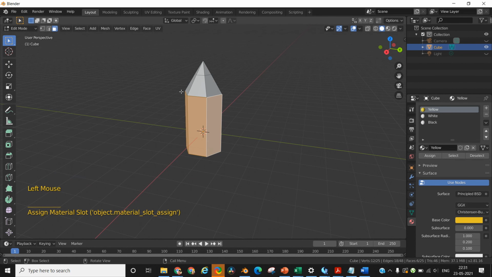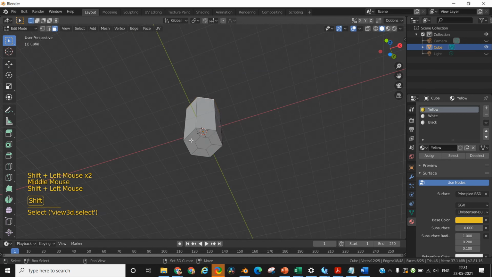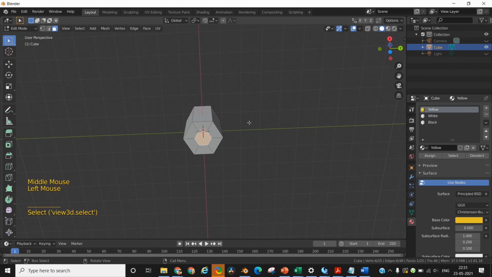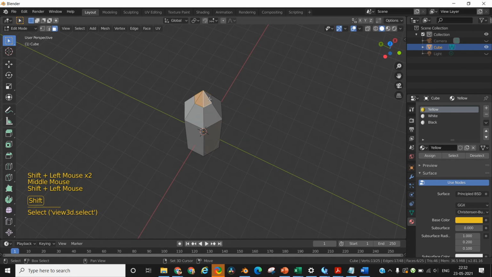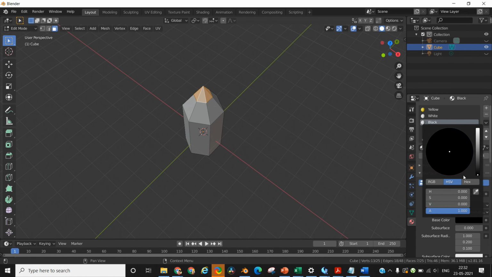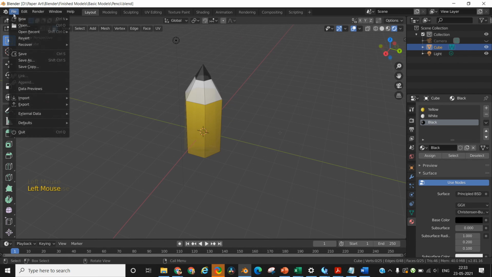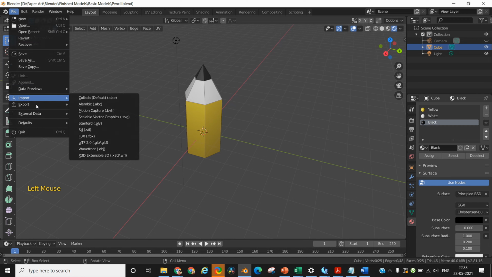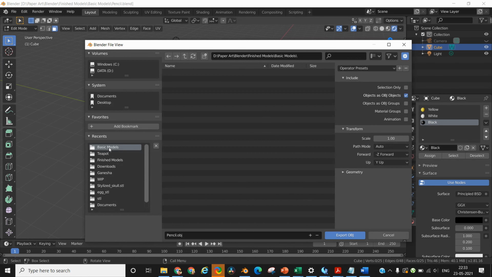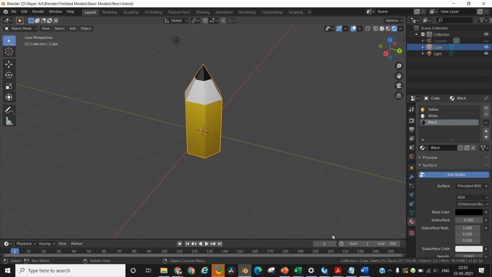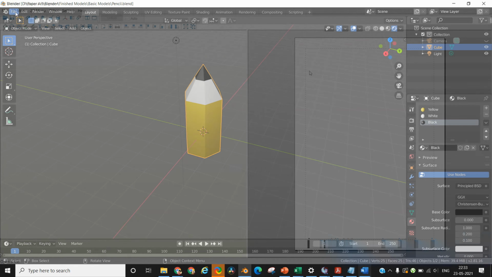Once you have the colors defined, select the faces which you want to color with a particular color and then select the color on the right hand side defined material and press apply to apply that color. And once you are satisfied with your 3D object, go to the file menu and export this as a .obj file, which we are going to open in Pepakura and create the low poly model for this simple 3D pencil.